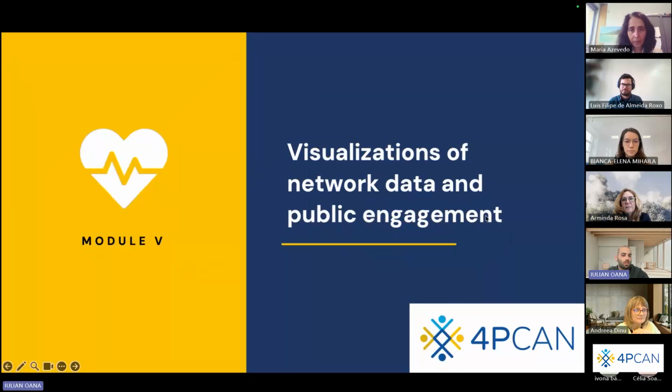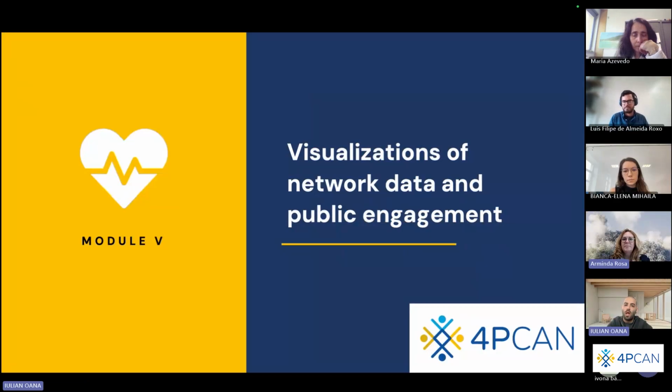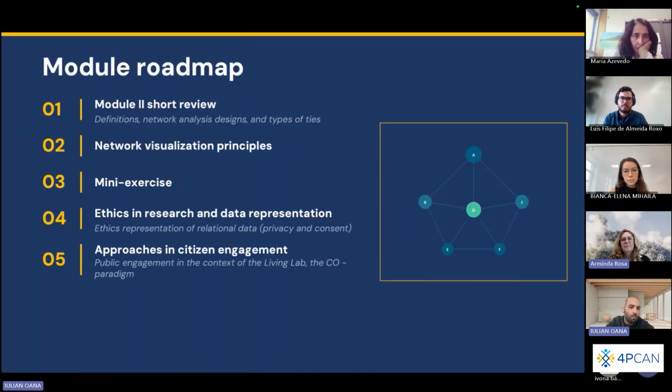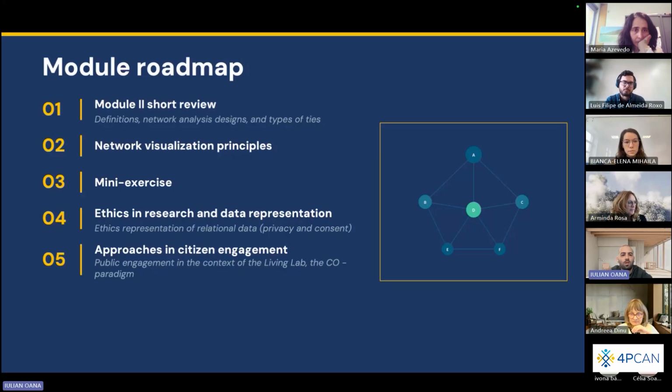As you know, today's topic is visualization and network data and public engagement. As a general roadmap for today, I will start with a very short review for module 2. Then we will go to some network visualization principles,